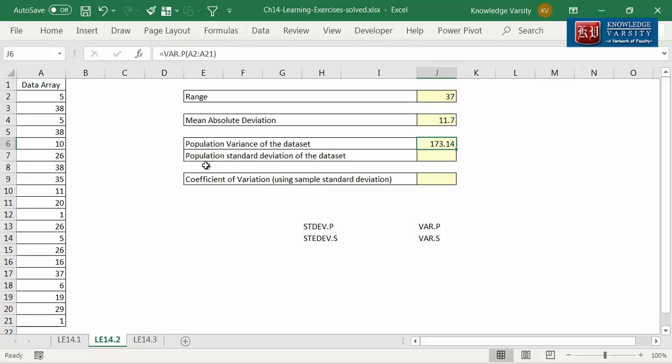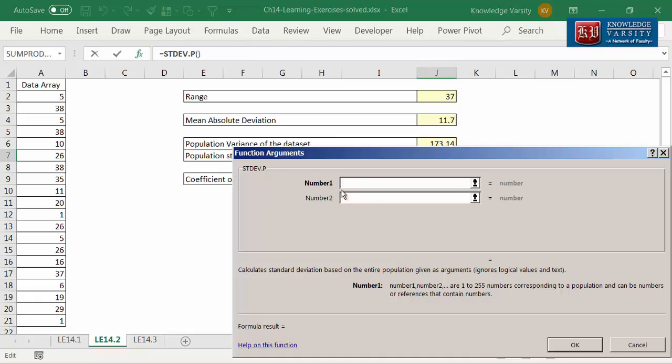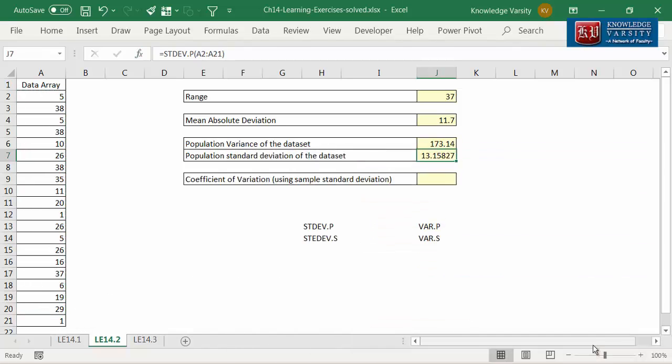Now let's compute the population standard deviation. In cell J7, enter equal to STDEV.P, open parentheses, and function. You can see STDEV.P dialog box. Enter cell range A2 to A21 in the argument number 1 and click OK. You can see that the function STDEV.P has returned 13.15827. 13.15827 is the square root of the sum of the squared deviations from the mean divided by the number of